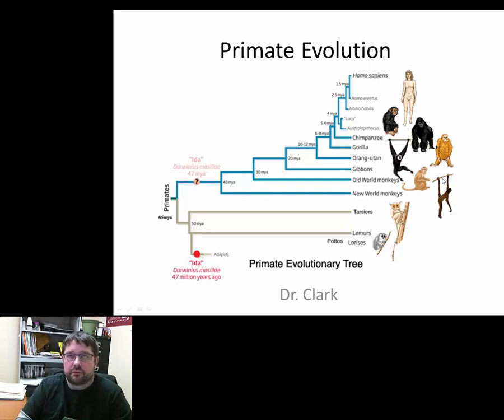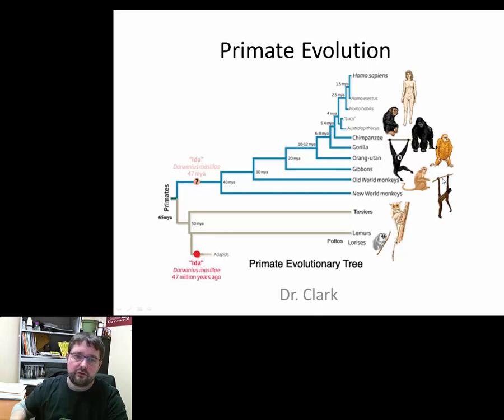Today for Gen Bio we're going to talk about primate evolution. So we talked about just general evolution, and now we're going to talk about human evolution and the evidence for human evolution. But before we get to Homo sapiens, humans, we're going to talk about primates. And so how did things that we lump in the group primates evolve? So how did lemurs and tarsiers and New World, Old World monkeys, orangutans, chimpanzees, how did they evolve? When did they evolve? What's the evidence for their evolution?